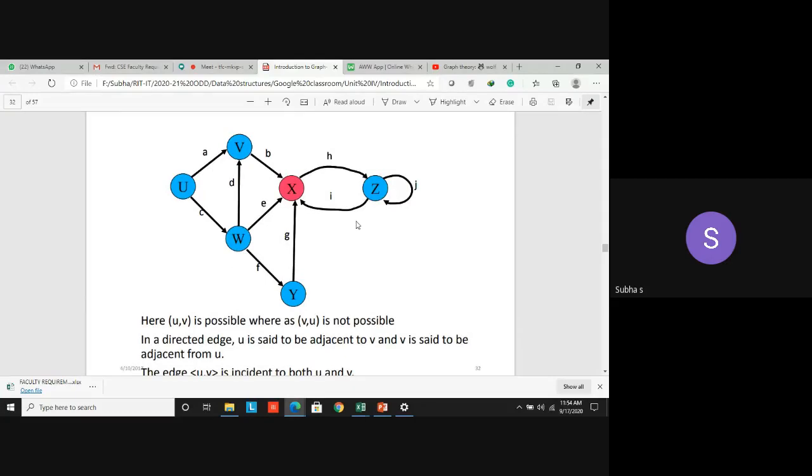So look at this example. Here we are having 6 vertices: U, V, W, X, Y and Z. There is a path only from U to V. There is a direct path; there is an edge connecting U and V only. There is no edge connecting V and U. Understand the difference. Similarly, from V to X only there is a path. There is no path from X to V. We can have a path through other vertices, but there is no direct edge. For that edge, the endpoints are V and X only.